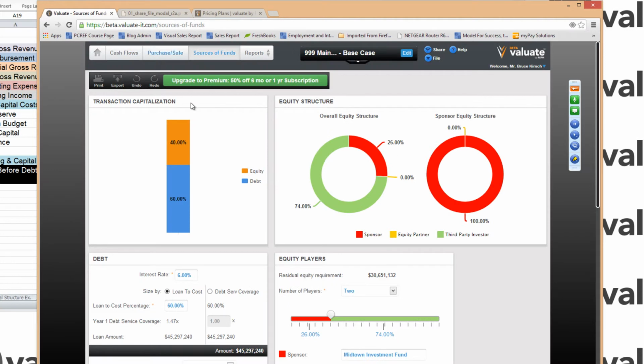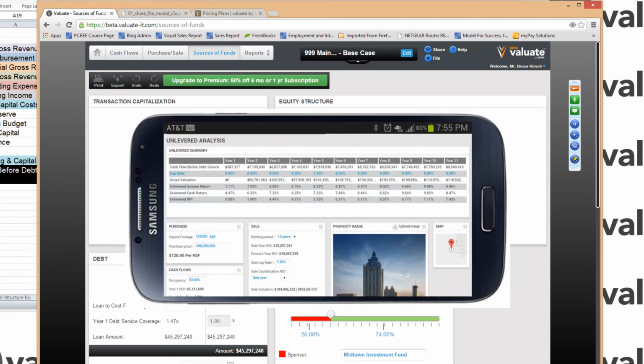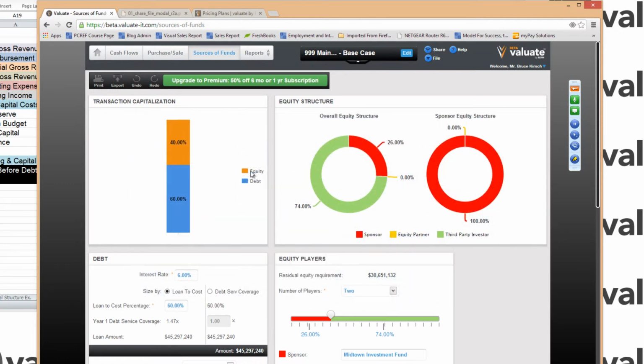And while you might not believe it, everything that I've shown you here, other than the pasting in of the cash flows, can be done from your phone or your tablet. And so there's serious gains to be had in terms of being able to screen properties while you're waiting for the subway, while you're riding in a taxi. You can literally screen properties in and out of your pipeline from your phone. And so once you get your hands on the platform, I think you'll see and understand why a lot of top real estate investors are telling their brokers, the investment sales brokers, to Valuate it and share the deal analyses